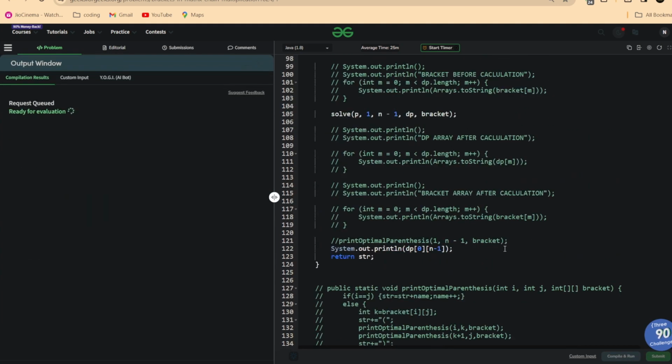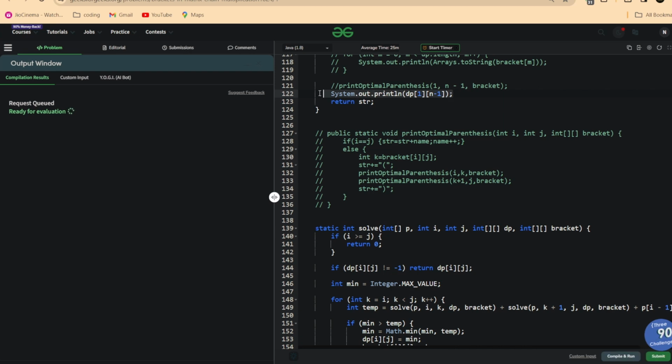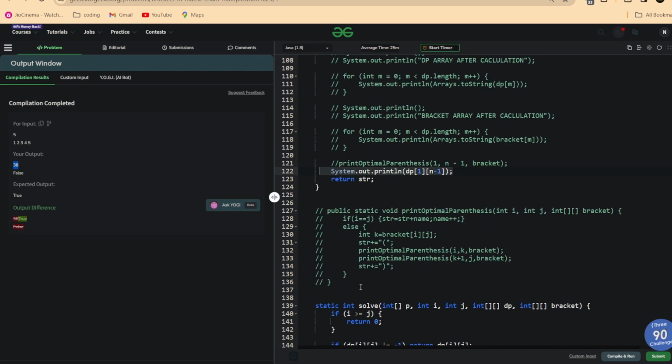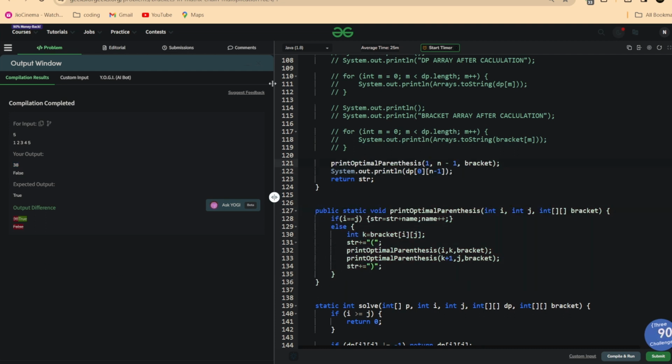If I just simply compile it, you can see my output will be 38, which will be displayed. Wait for a second. It is not 0, it should be 1. See, this is the answer. We don't need this function, but as we have to return the string,